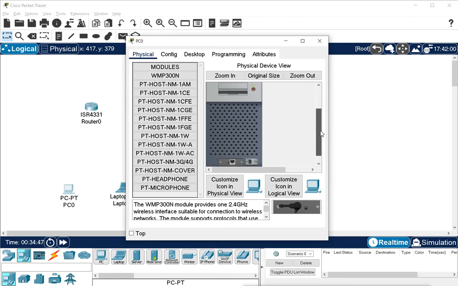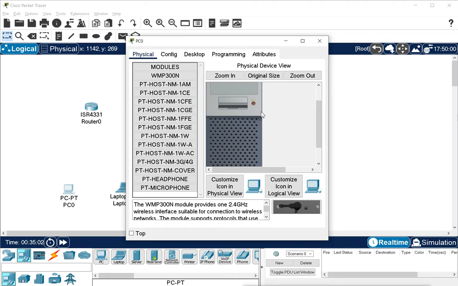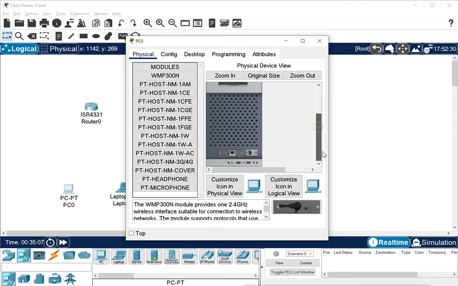Because this is the desktop machine, if you want to add, there is an option here to add. You can drag and drop it here to have the wireless, but you cannot add it when the machine is powered on. So for adding it, we have to shut down the machine. Now the machine is not running and the port is already there, so you remove that port and then you add this wireless adapter into it. So this will do what? It will add the wireless functionality to this desktop PC.